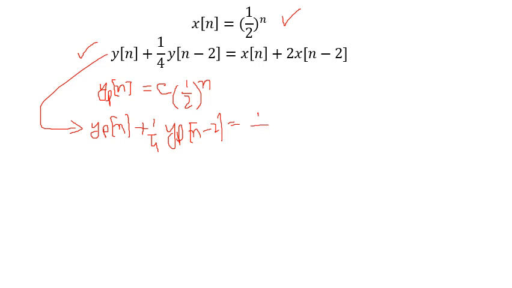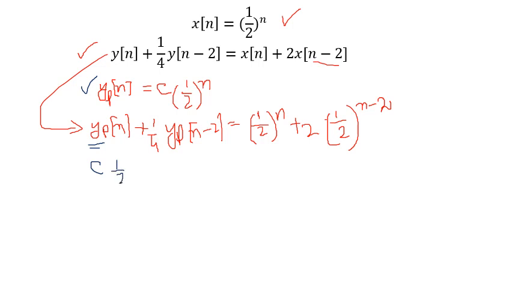So x of n is 1 by 2 power n plus 2 times x of n minus 2. So it will be 1 over 2 power, you understand, n minus 2 means you replace n with n minus 2, so we get this thing. The next step is that we replace the value of y of p. So y of p is this one, so if we replace, we get c into 1 by 2 power n plus 1 by 4 c 1 by 2 power n minus 2, and this is equal to